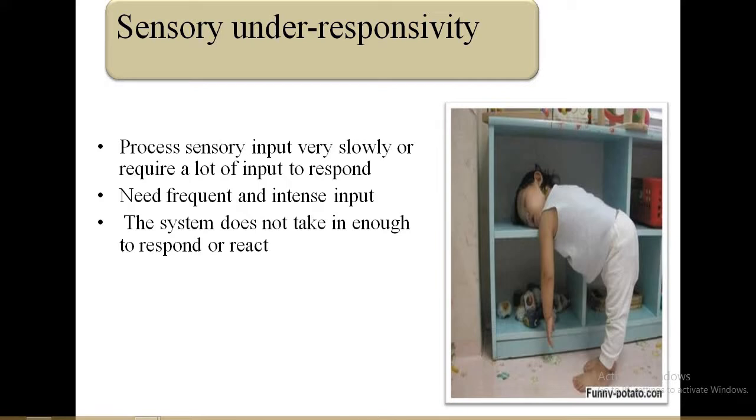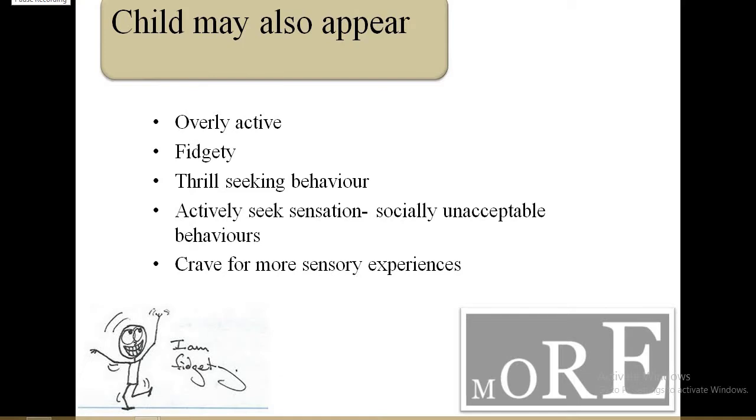Again, if the child is a passive regulator, someone has to give him or her stimulation in order to make him active within the context. This group of children are always lethargic, even they don't respond when someone calls them by their name. They don't seem to notice what is happening around them. It may happen because of their poor registration.